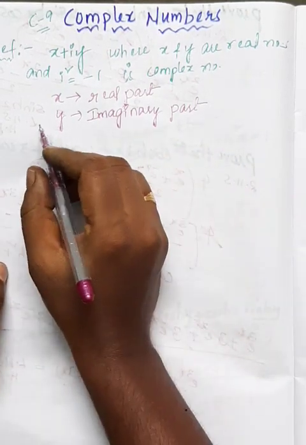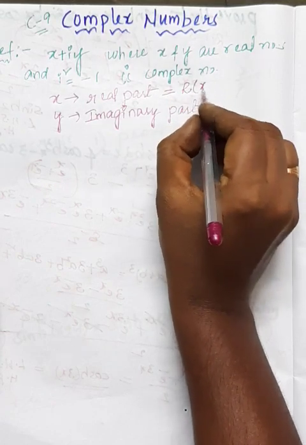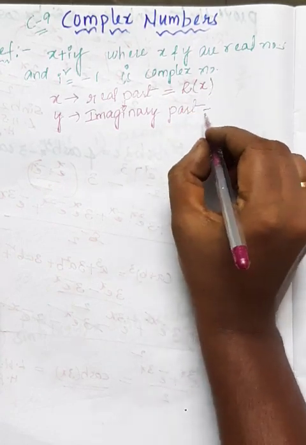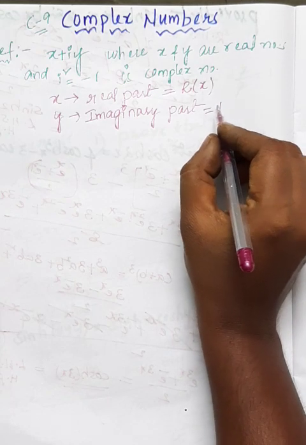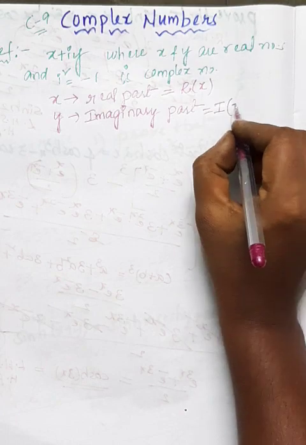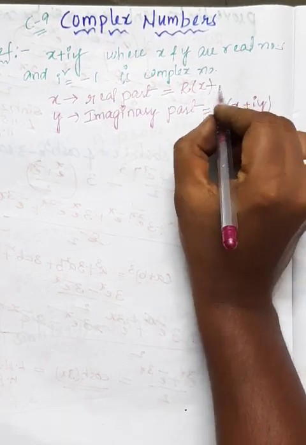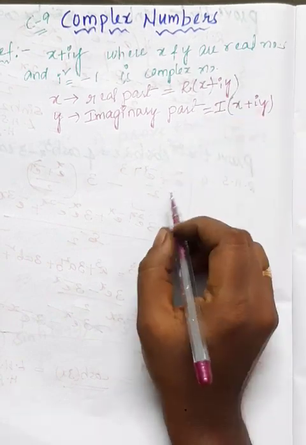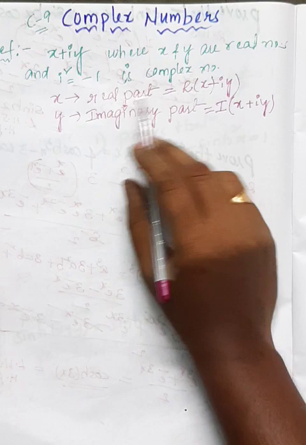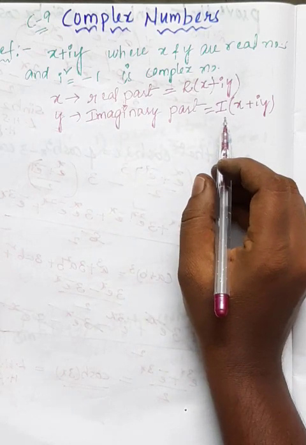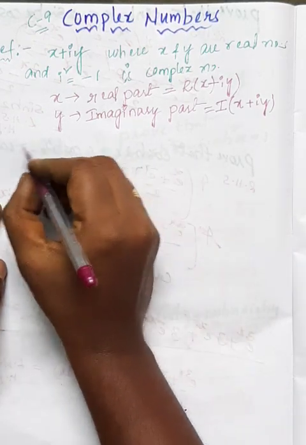Therefore the real part can be denoted by R of x plus iy, and the imaginary part is denoted by I of x plus iy. That is, the real part of x plus iy is x, and the imaginary part of x plus iy is y. For example,